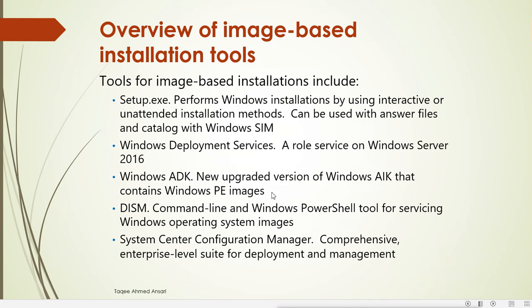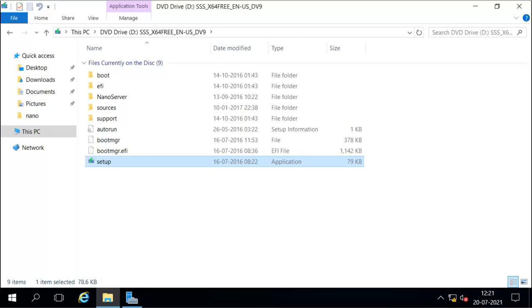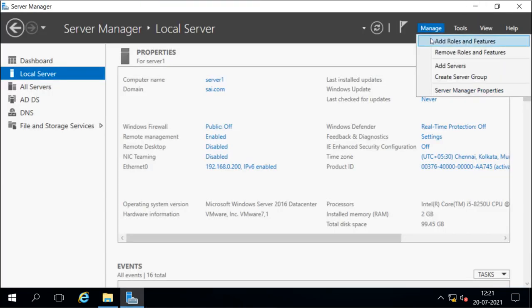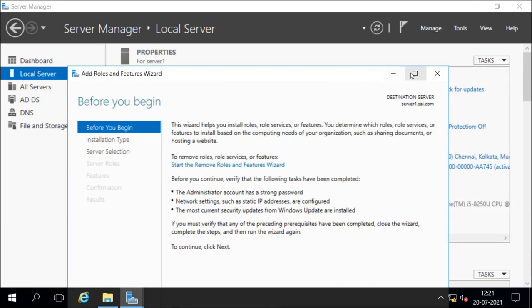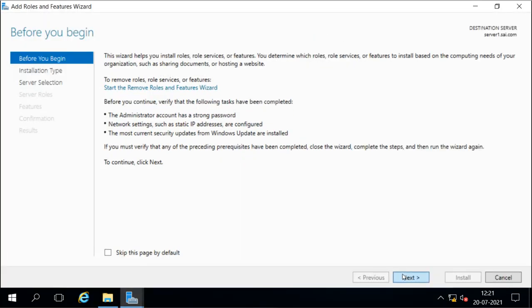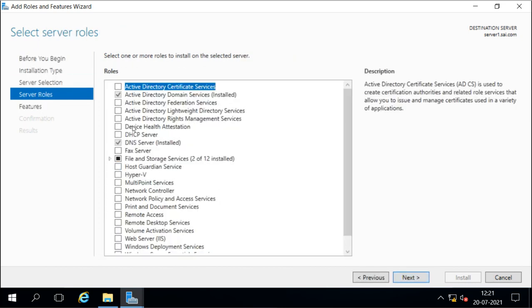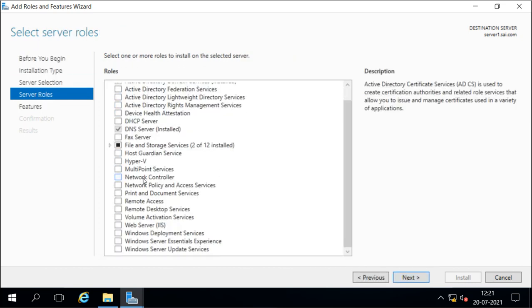If you go in Windows Server to add roles and features, you will see here Windows Deployment Services.